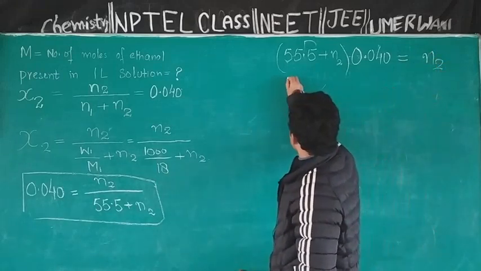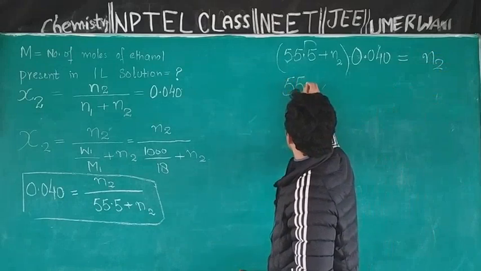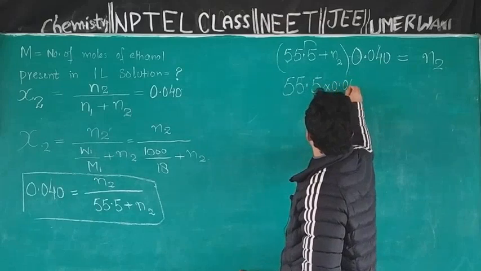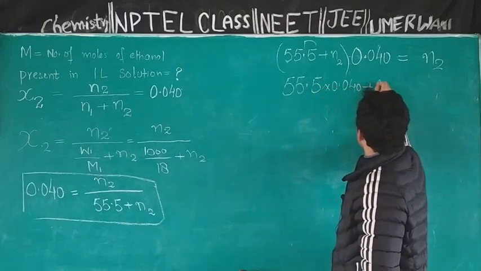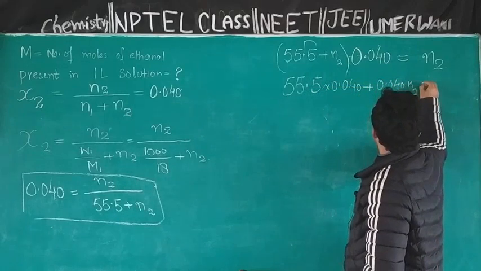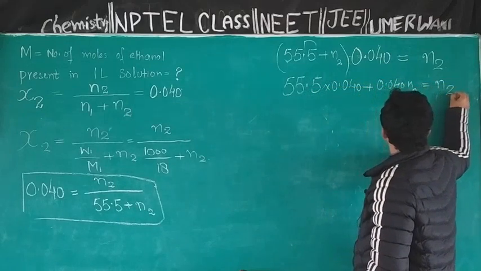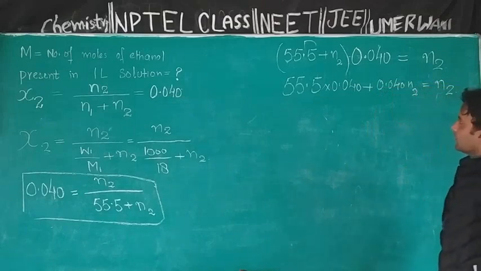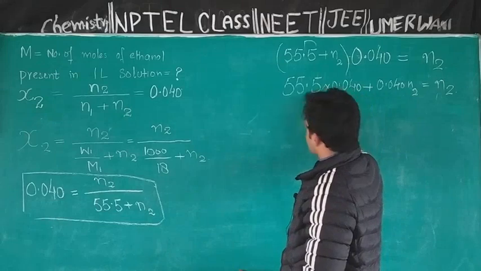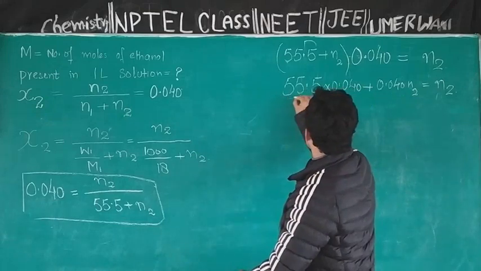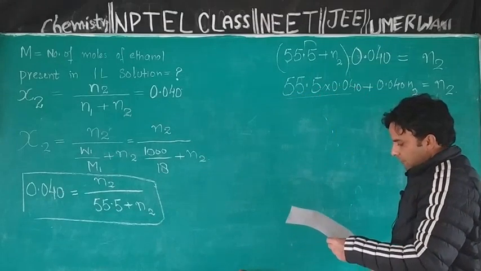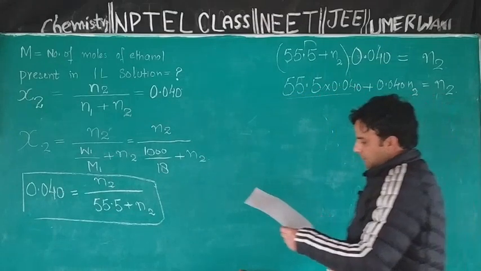It will be 55.5 multiplied by 0.040 plus 0.040 multiplied by N2 is equal to N2. It comes equal to 55.5 multiplied by 0.040. I have already evaluated this value and it comes equal to,